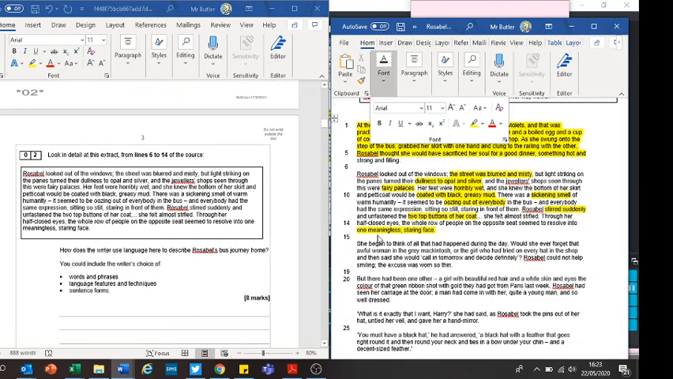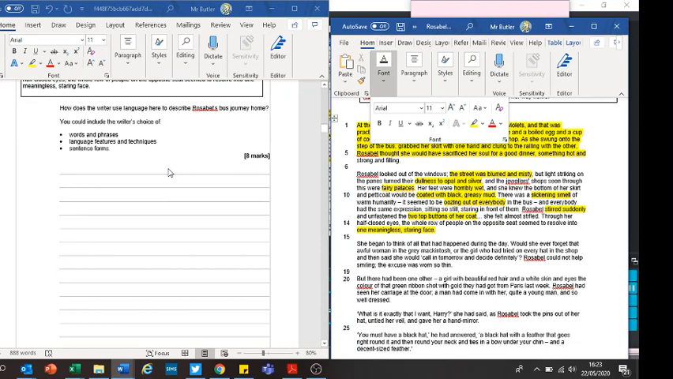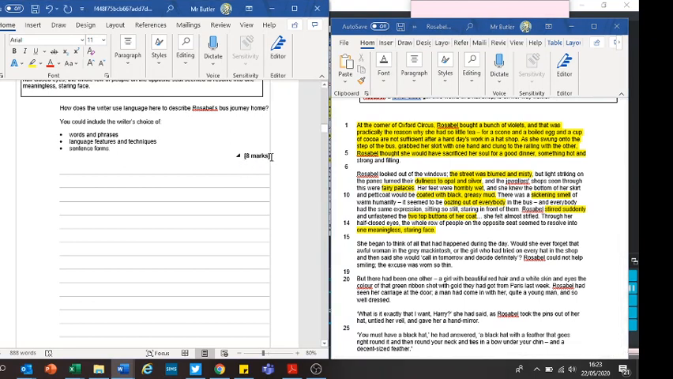you've only got to lines 16 and 14. Question is about the bus journey. Now, it's worth 8 marks if we look there. So, you're talking